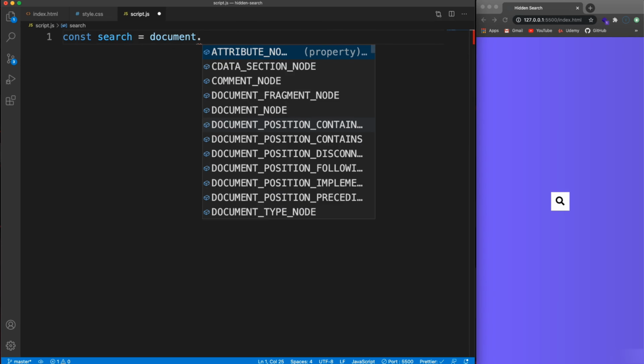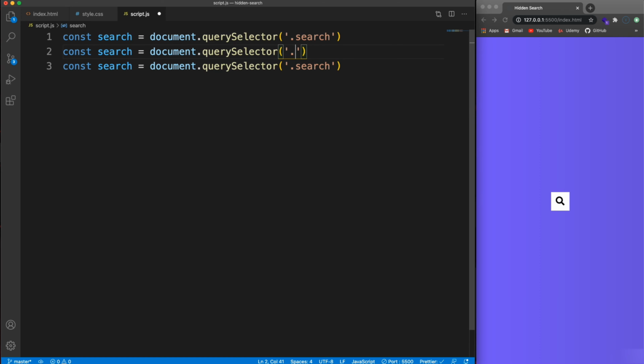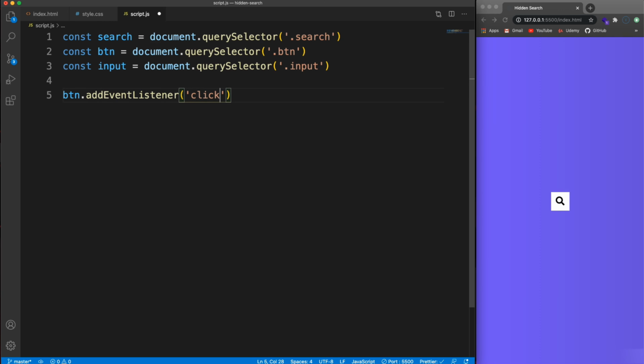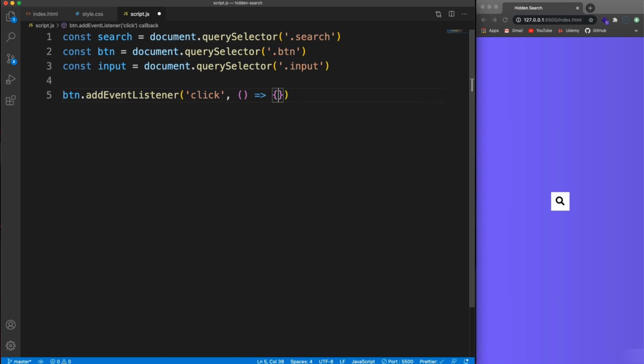So document.querySelector, and we want to grab the class of search, and then let's also grab the btn, and then let's grab the input, and then I'm going to take the button, and we want an event listener on that. So we want to add an event listener of a click event, and when we click, we're going to call an arrow function here,